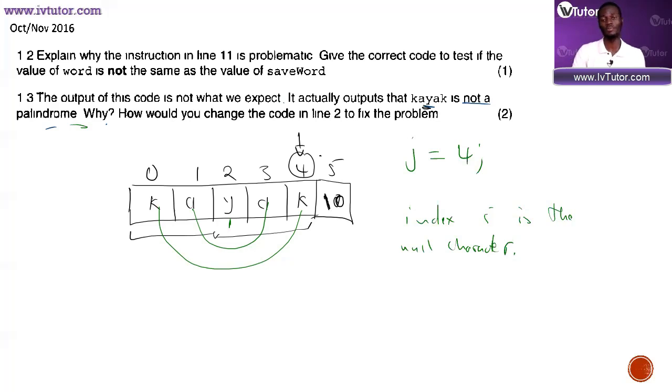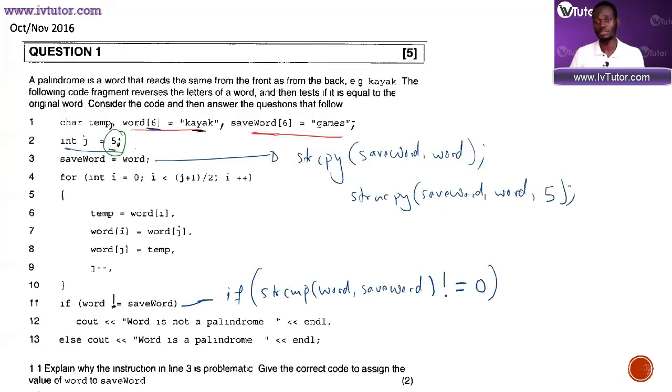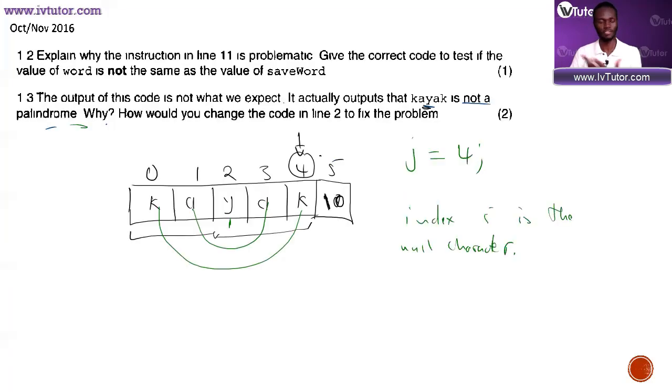So the main takeaway points from this question is to understand how to use your functions to copy strings, and understand how to compare strings. I think those are the two functions we used, string copy and string compare, right? That's it. Next question. This one says, find errors in the following statements, explain the reason for each error, and